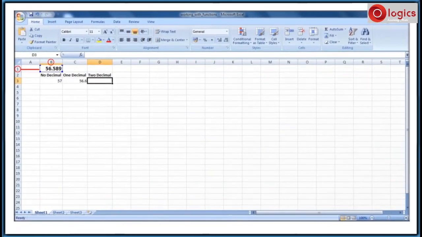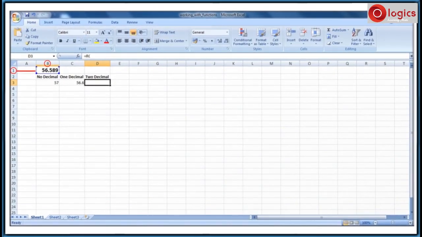Type the formula in the formula bar and press enter. See the result. 56.589 has been rounded to 56.59. It is for 2 decimal points.